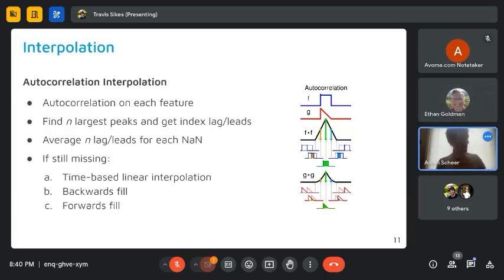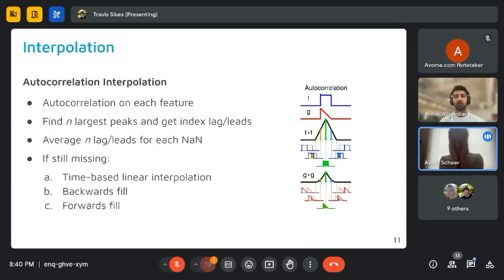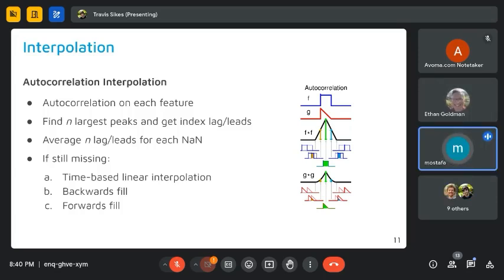Yep. And I think what you're going to show next is results of applying this interpolation procedure. Yeah, let's. Before going to the results, I would like to add one example here, and this is based on your comments, Adam. We are anticipating that with this autocorrelation interpolation, we are getting pretty good metrics. I would like to provide this example.